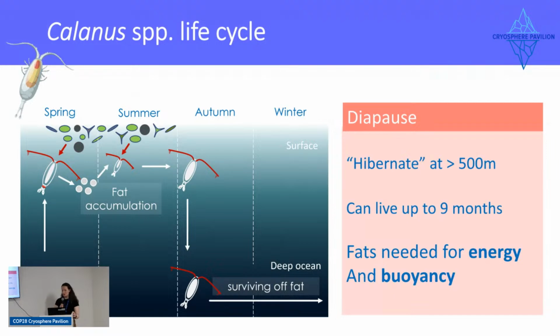Calanus, the species that I was talking about before, that's very fat, has a very specific life cycle. So in spring and summer, it eats as much of those single-cell phytoplankton as possible. It accumulates a huge amount of fat and a huge amount of that healthy omega-3 fat. And then in autumn, when there's no more food, they migrate to depth. So they swim down to depths of greater than 500 meters. You can find them at depths of 2,000 meters. And when you think that these guys are 3 millimeters in size, that's hugely impressive that they make that distance.